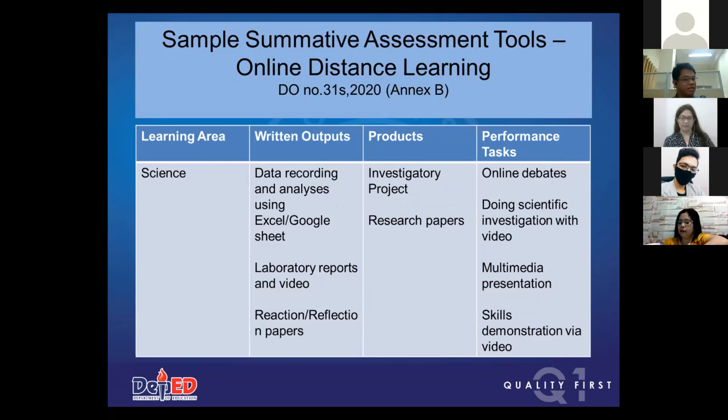Science, no? 50-50 rin. Written outputs 50, performance task as 50. Meron kang mga pinagawa sa bata na hindi lang puro memorization of concept, no? Pwedeng may mga science activity like meron kang pagagawang procedure, papupuntahin mo sila sa isang bakuran, papa-observe mo sa kanila yung mga halaman or yung caterpillar o ano man ang gusto mong paggawa for them to write something. Like for example, the parts of the plant para sa mga elementary, kinakailangan ma-practice nila yung observation skill,